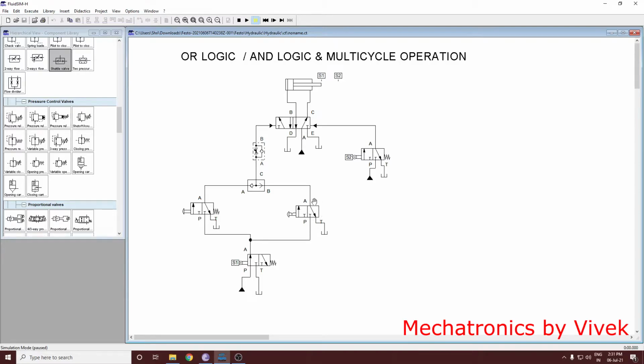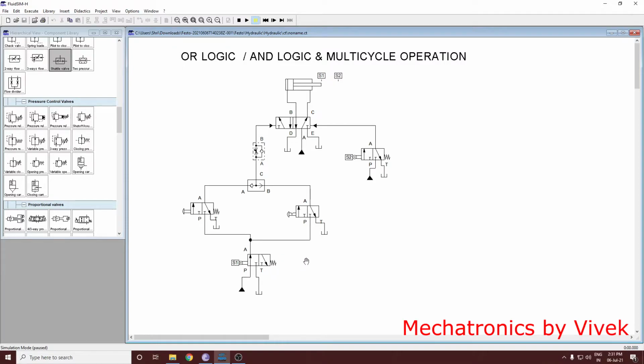Okay, but in addition to these we also have chosen this particular valve. This is known as the shuttle valve. Why is it known as shuttle valve? It keeps on shuttling the flow direction, right? This ball keeps on moving to the left and right, thereby blocking the positions of the flow. That is why it is called the shuttle valve.